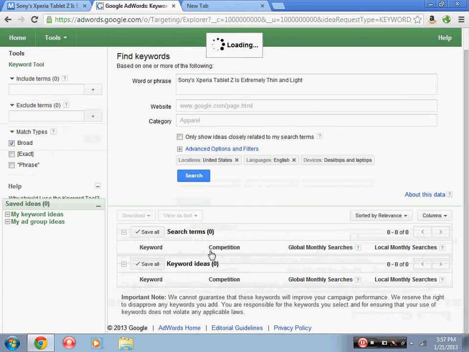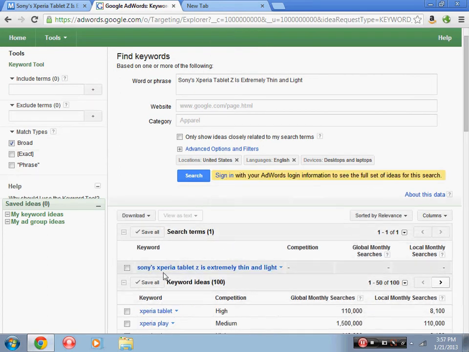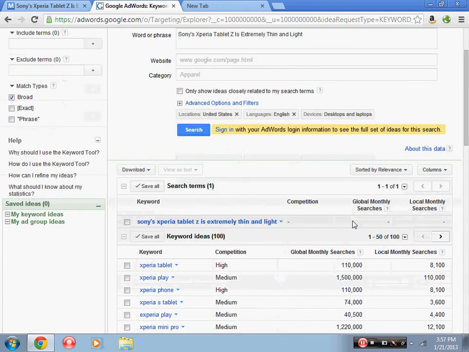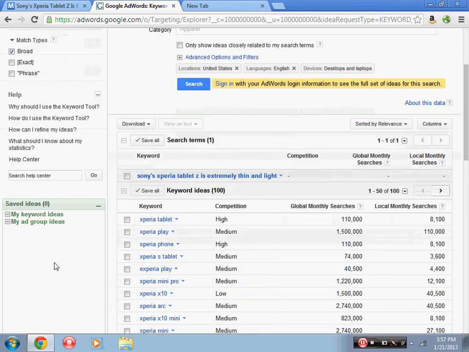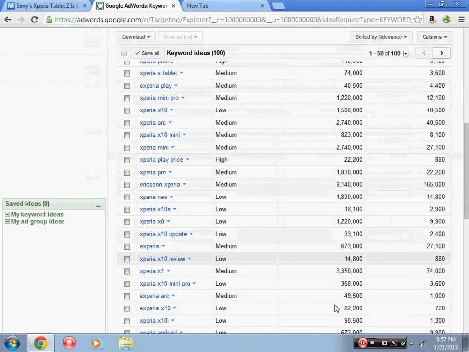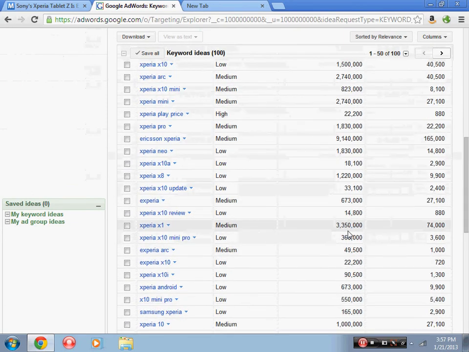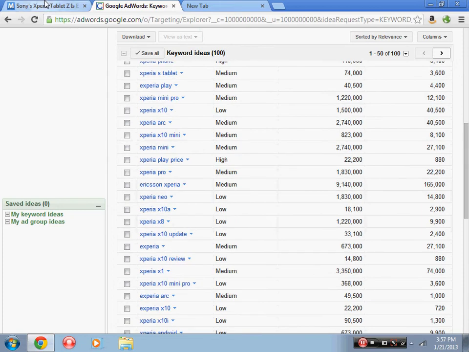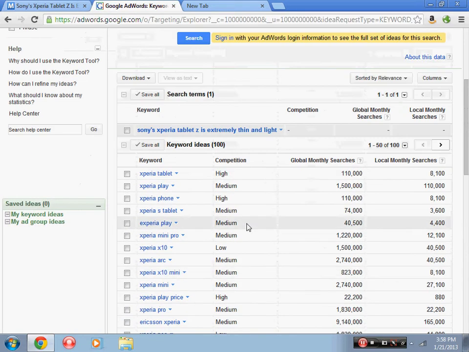And then down here it'll load your topic or your things, and then it'll tell you how many monthly searches you have and how many local searches. No one searched this so far. So then what you can do is come down here and look at all these. There are about 3 million searches for Xperia X1, but we're looking at the tablet Z, so we're just gonna come over here